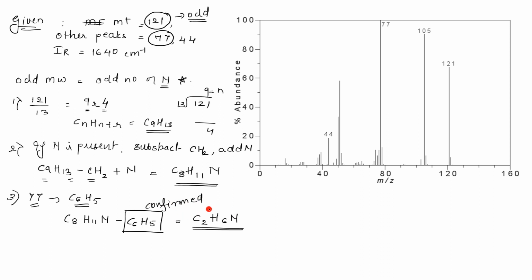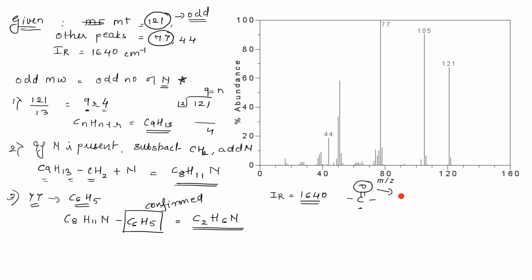Now let's see the remaining part. There is extra information given that an IR peak is observed at 1640. A peak from 1690 to 1700, somewhere around 1600, is a peak for C double bond O, and to be more precise, this is a peak of the amide group. But since you have not studied that, let's just assume that it is C double bond O. So a CO peak is there, that means it contains oxygen. That is why the IR value is given.